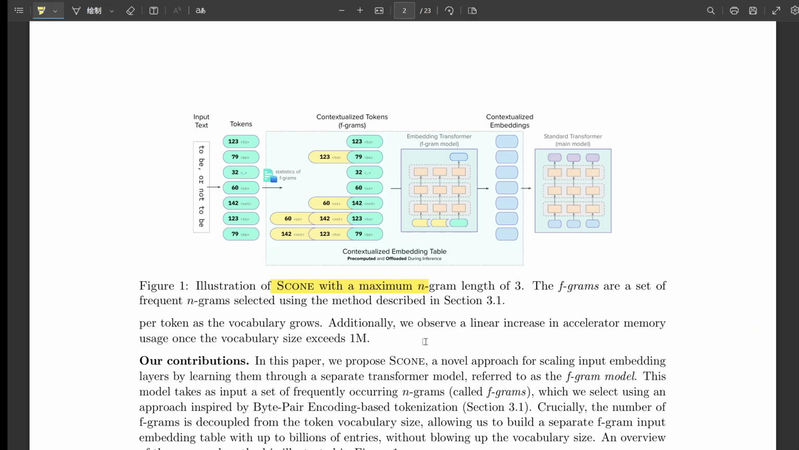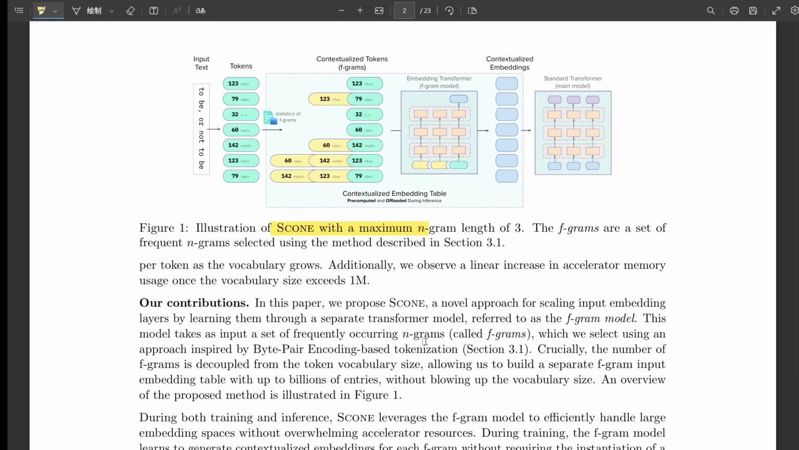Smart. But how do you get good embeddings for all these billions of potential f-grams? Wouldn't you just end up with another massive table that has the same sparse update problem, all those rare phrases? Right, that's the potential pitfall. And that leads to SCONE's second major innovation. Instead of trying to train another huge static lookup table directly, which would be sparse and also hog accelerator memory during training,